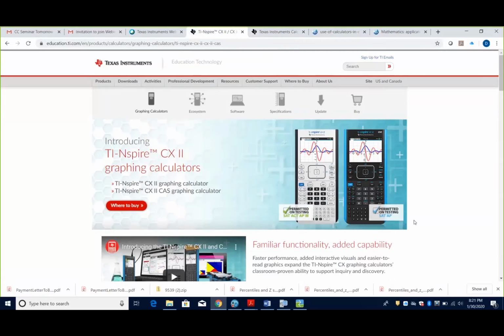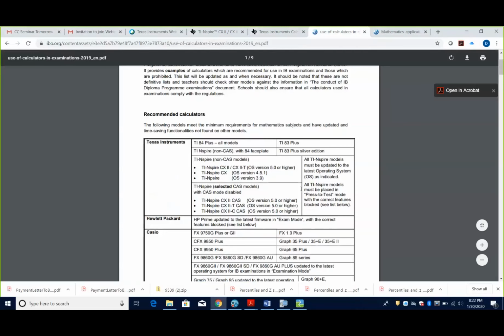So when you see this, what you should notice is that the CX2 is permitted on everything: the SAT, ACT, AP, IB exam. The CAS version says only SAT and AP. That is incorrect, because I went to the IB websites and made sure.